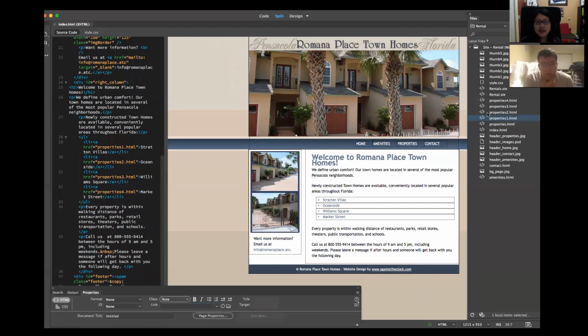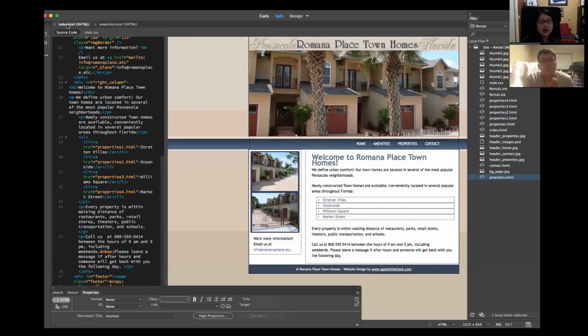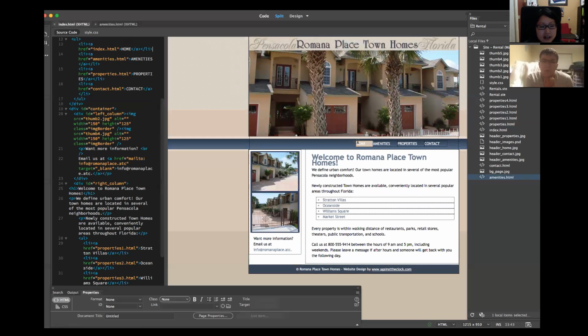Okay. Then I'm going to open up another page. So let's open up the amenities page, double click on that. And here I want to link all the same elements: the navigation, the email, and the website. And one way I can do that, I'm going to go back to my index page, and if I select the navigation